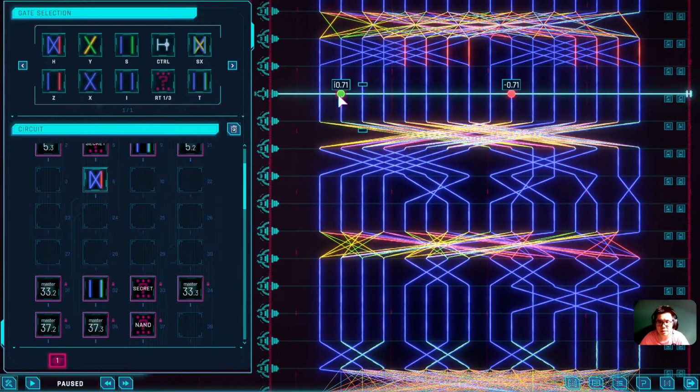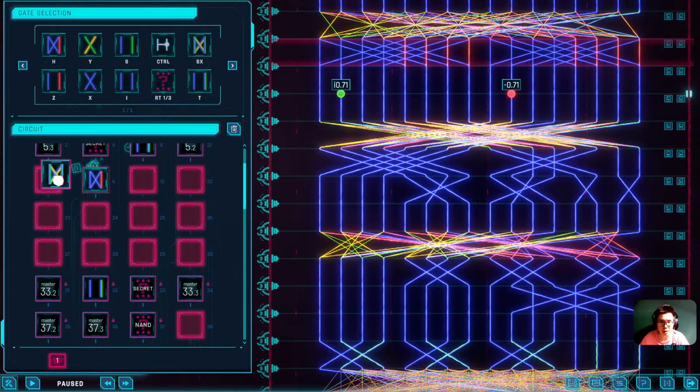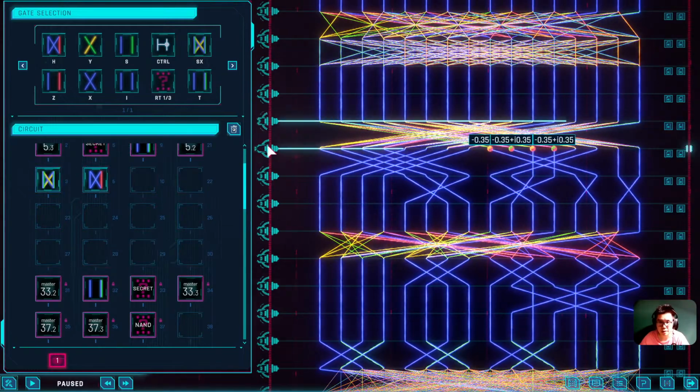Let's see if we can make this simplified, even simpler. Let's go with a yin-yang anyways. So yin-yang. We now have 4 yin-yangs